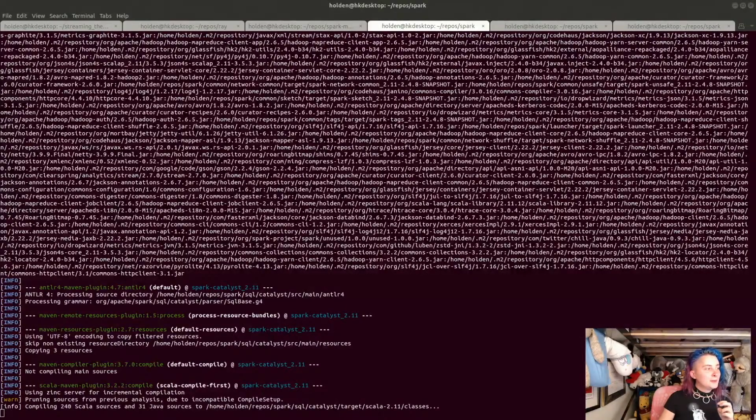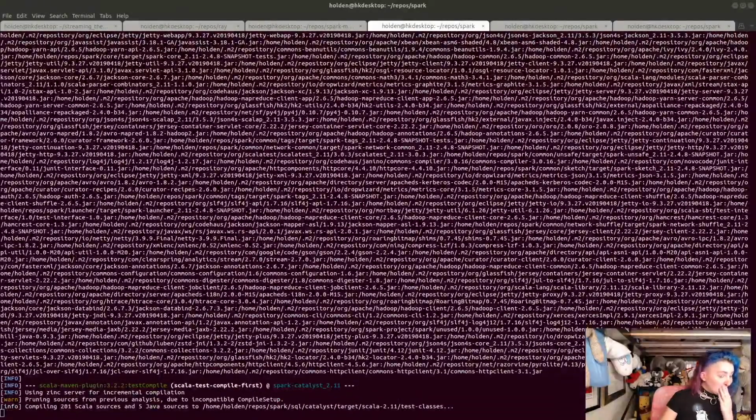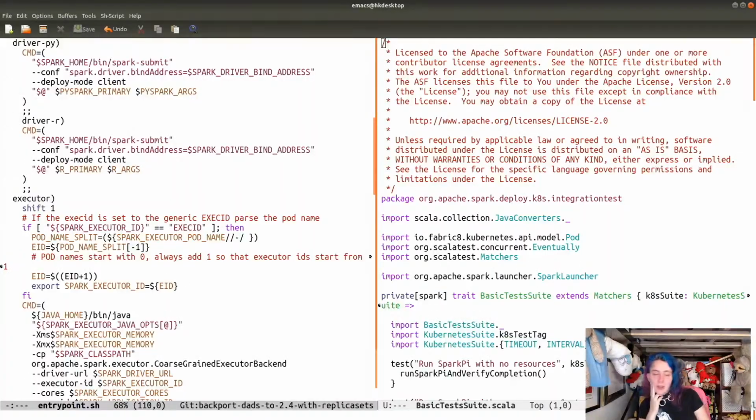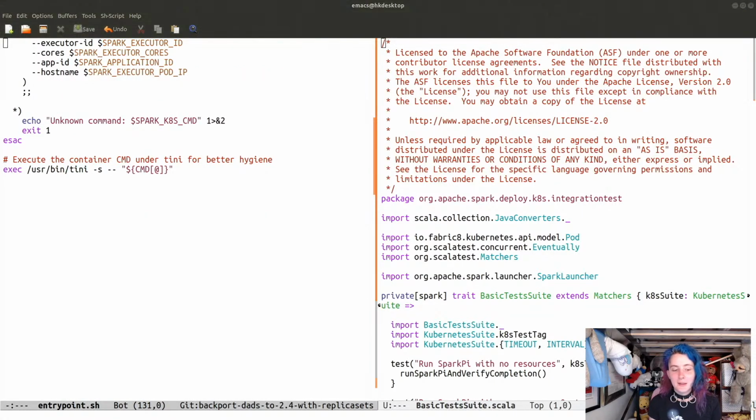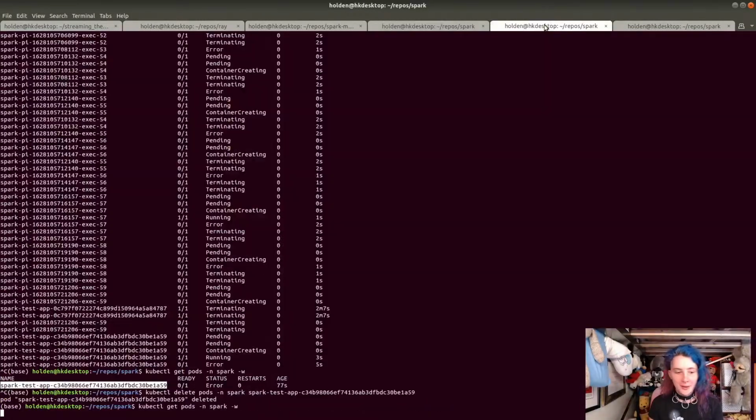So at the very least, we should be able to have the time to connect our logger and figure out what's going on. And in the meantime, I guess the other thing that I can do to try and figure out what we're doing